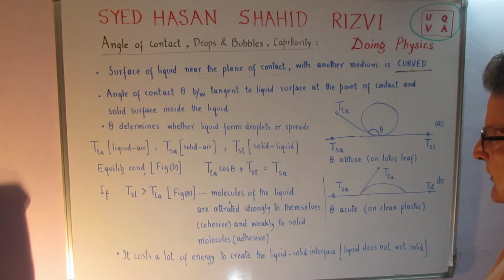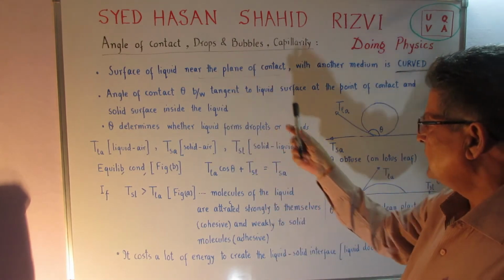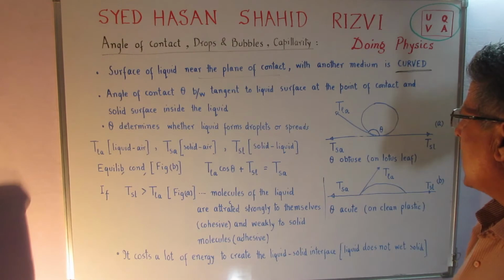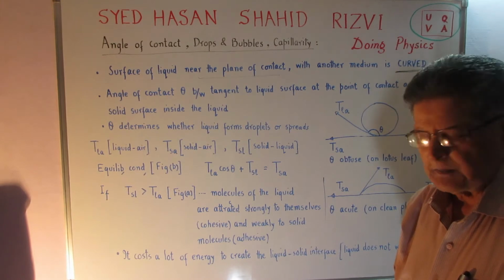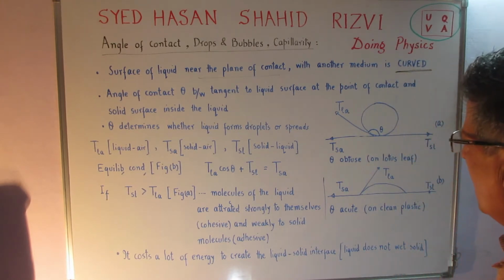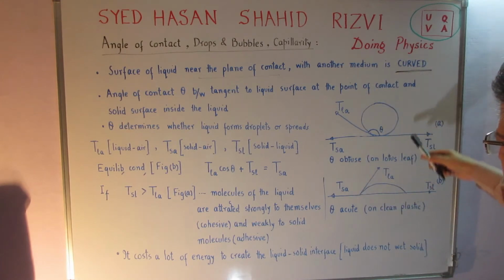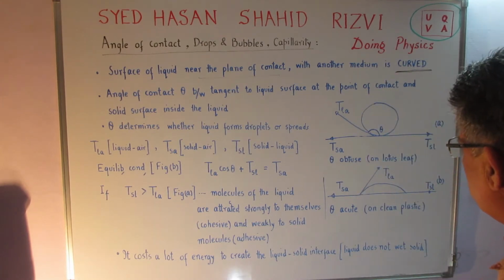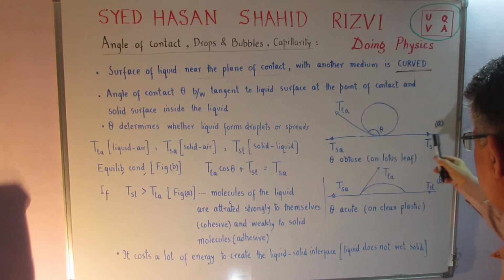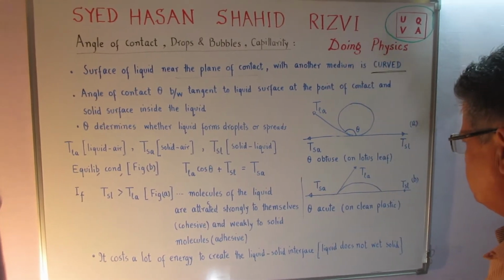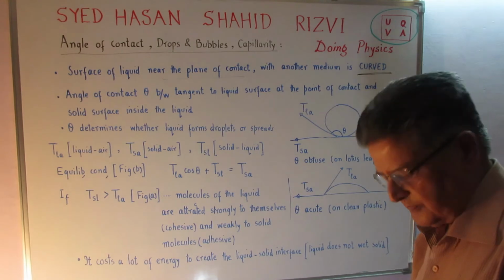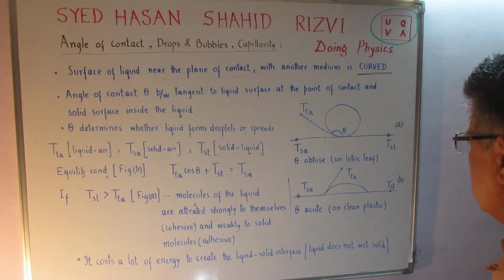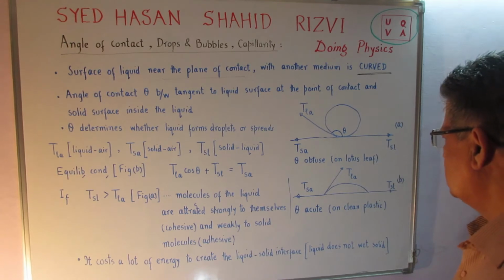Now, angle of contact theta is defined as an angle between the tangent to the liquid surface at the point of contact and the solid surface inside the liquid. Now, these are the two situations that we have here. One in which there is a formation of a droplet. Theta is shown to be obtuse, more than 90 degrees, and this is the case of water drops on lotus